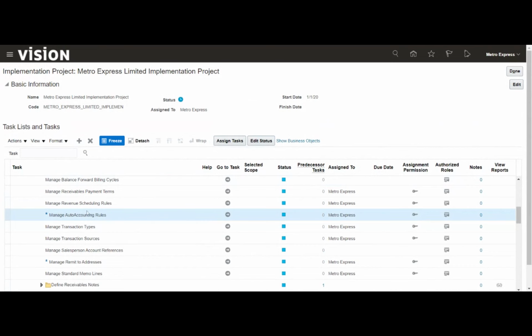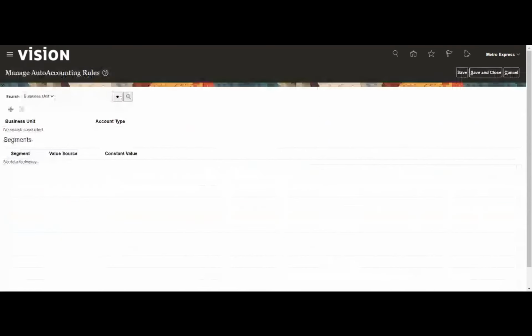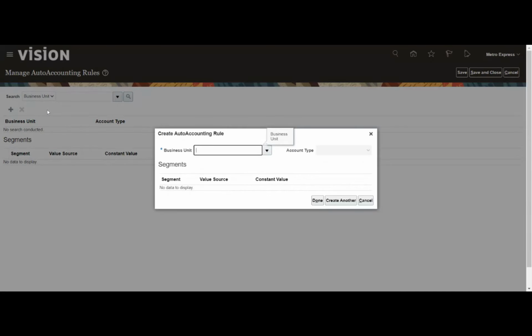Okay, so this is the navigation. Above transaction type, we have auto accounting rule. Auto accounting rule is used primarily to generate the account code combination. As I said, for a manual transaction, we can select it from the list of values in distribution. But for a few cases wherein we are integrating with different applications, the system will not understand which account it should pick. So for that purpose, for each account type against each business unit, we will define the accounts.